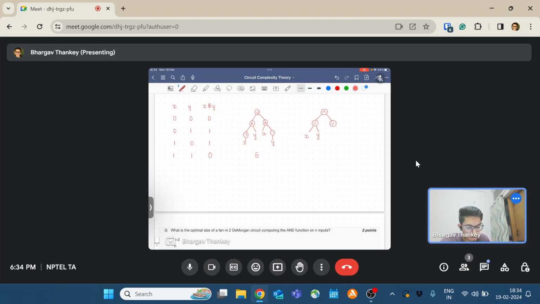So when I put x and y under an OR gate, this would be one when at least one of them is one, so either one is one or both are one. Now I need to rule out the case where both are one, and the way to do that is